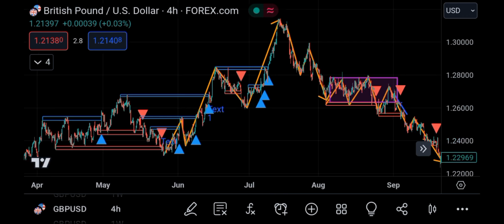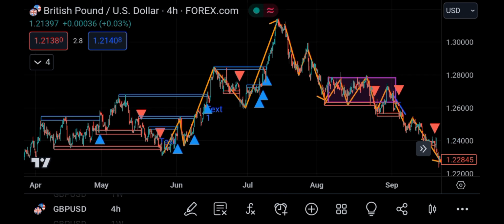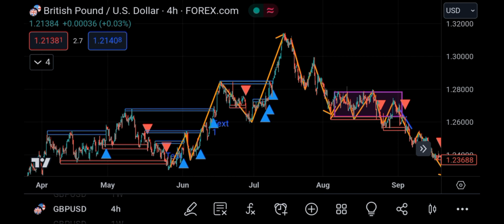As you can see from our zone up here, the wave failed to create another higher high, and instead a lower